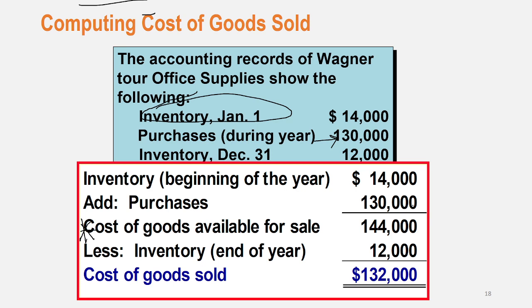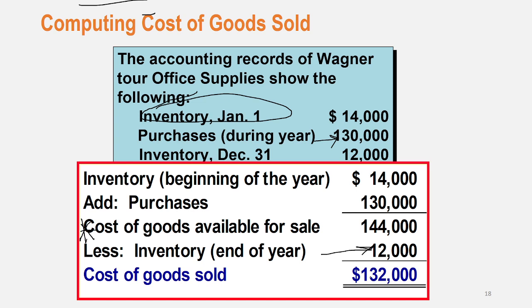In the next step, we need to subtract the ending inventory from the cost of goods available for sale. So ending inventory, or inventory at the end of the year, 12,000, should be deducted from 144,000 cost of goods available for sale. So 144,000 minus 12,000 equals